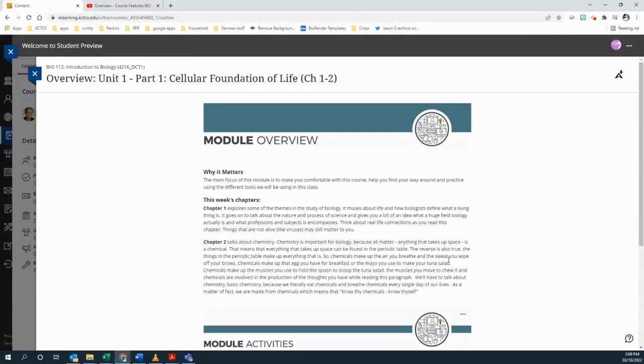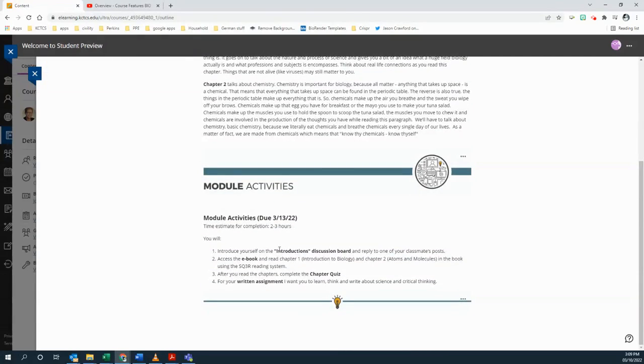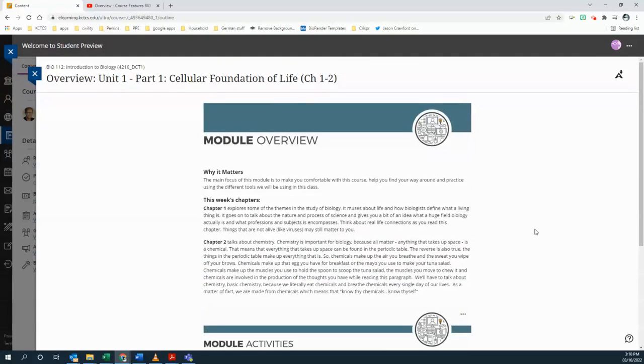You won't need much chemistry. There are 3 little items of chemistry that you're going to have to remember, but you're going to have to gain an understanding of the importance of chemistry here. There's a discussion board, a read-the-chapter quiz, and a written assignment about critical and scientific thinking. Then you go to the next page, and sometimes there's an arrow here where you can go there. If there's not an arrow,